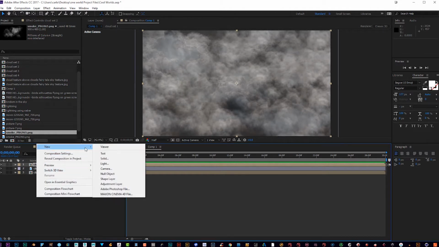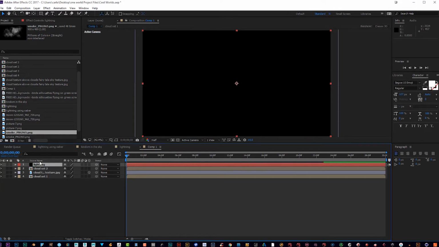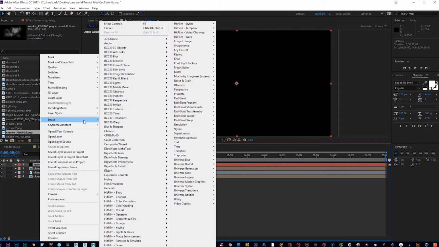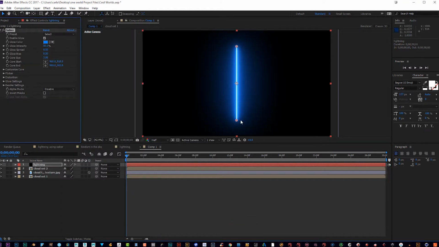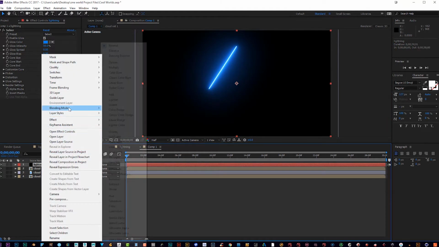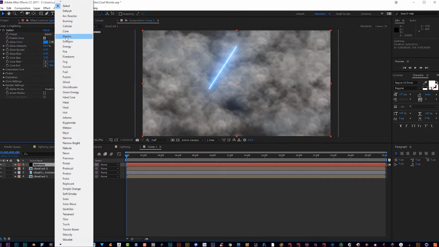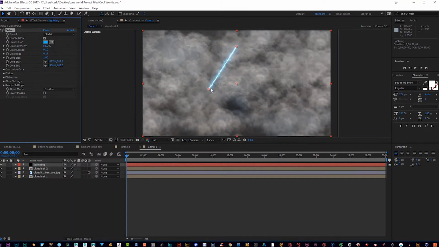So now we're going to go to new, we're going to go to solid, we're going to call this lightning. We're just going to hit enter, and this is where we're going to add our Saber layer, shall I say. And when you open up Saber, obviously it gives you this little thing here. Now let's make this blending mode and put it to screen so we can see it, and then we're going to go to electric. We're just going to bring that over and put that, say, about there